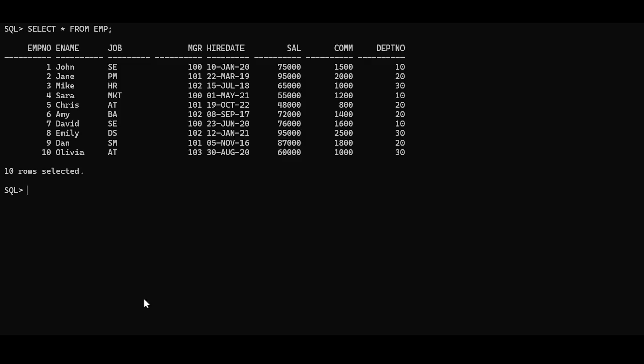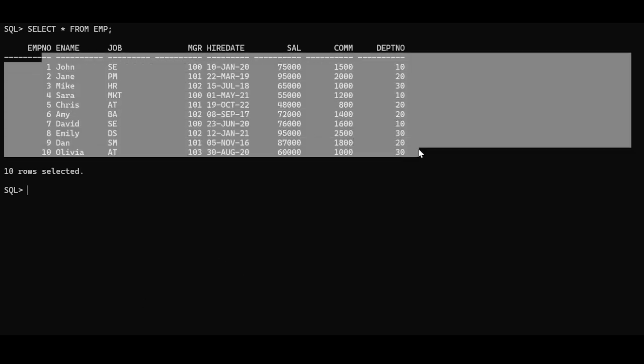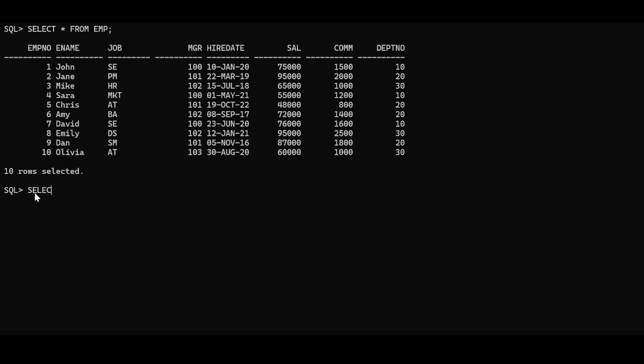Focus here. Select star from employee. You are getting this. So now I want to create a new table. This time I want to include this data also. New table I want to create. Just select, not select, create